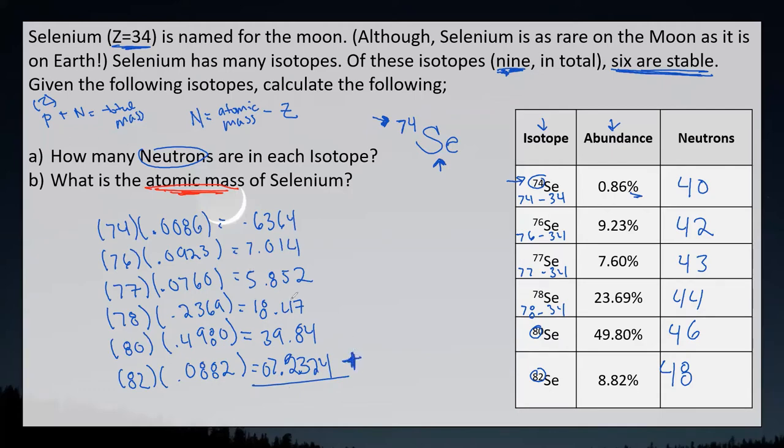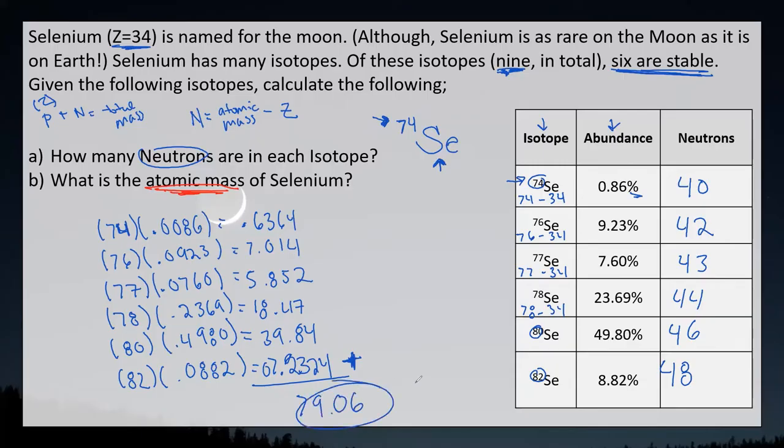One place you can check yourself here is you're never going to have an isotope that is more than 100% abundant, right? So all of your numbers that come out on this side should be less than what you put in, right? That makes sense, they're fractions. And if we add these all together, what we get is